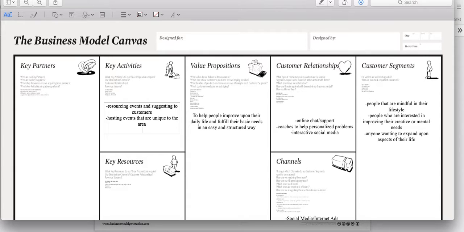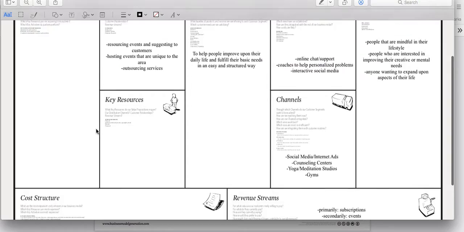I want to say outsourcing services, so that way, if you have some type of party thing that you want to outsource, create your own type of retreat. Say you own a yoga studio and you want to create your own type of retreat for your clients, that kind of thing. Those are great ways to offer what we have to customers and how we're going to keep that going. So after that, we're going to look at our key resources.